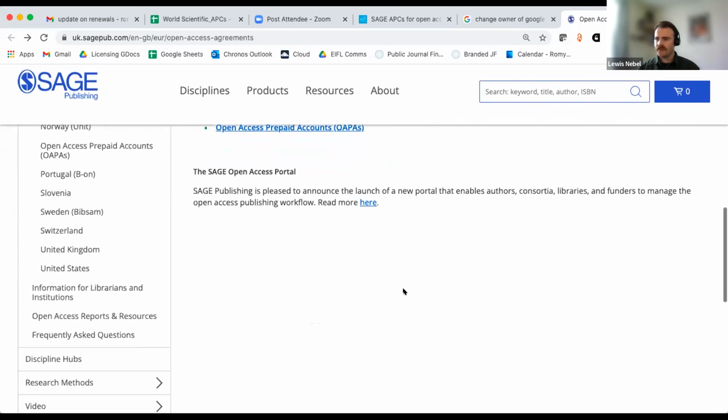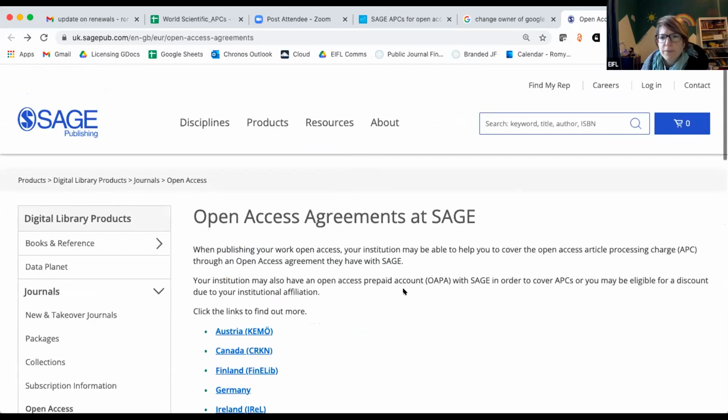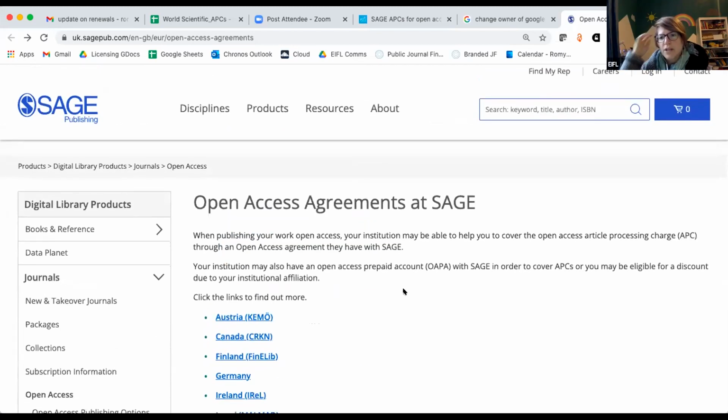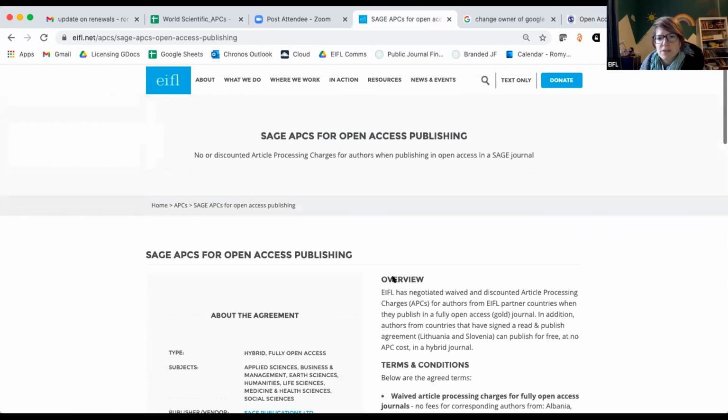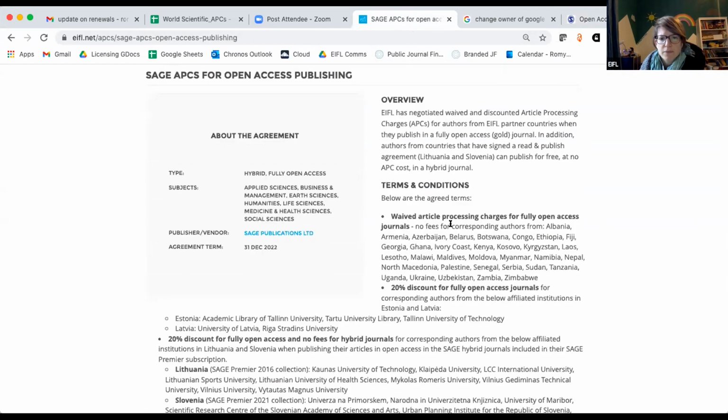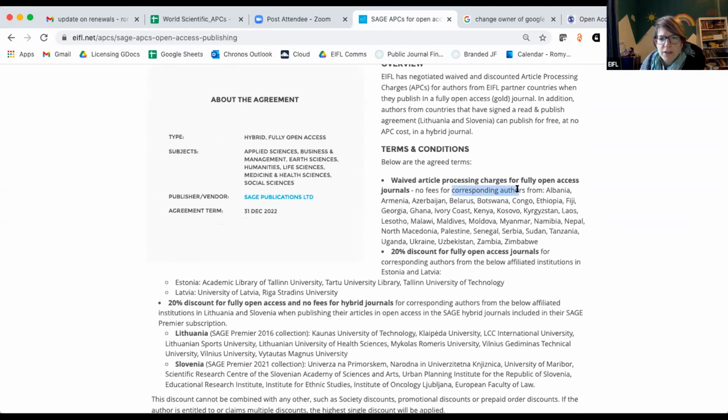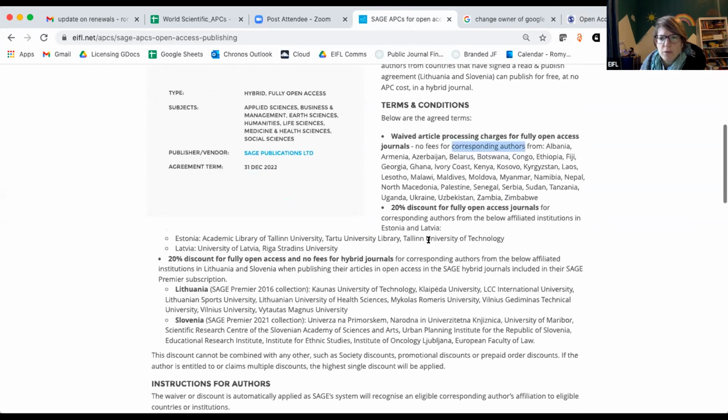I might have to find that after and send it through. But that's one page we can link to. From this page, we have all the EIFL discounts. All these state it's corresponding author, so hopefully that's made clear, and I think it's stated as corresponding author on all those sections of our website as well.